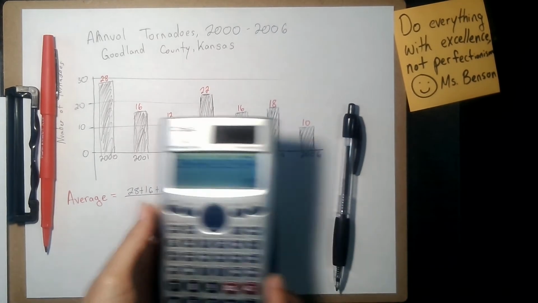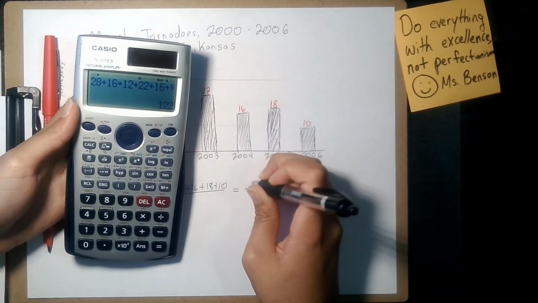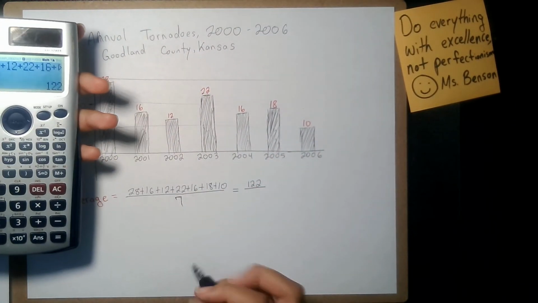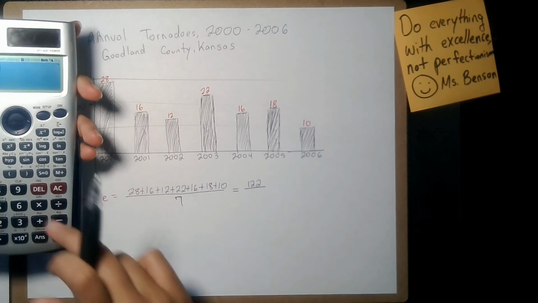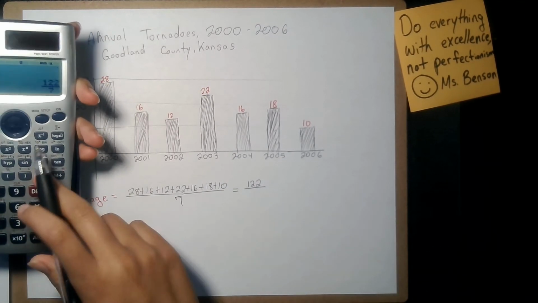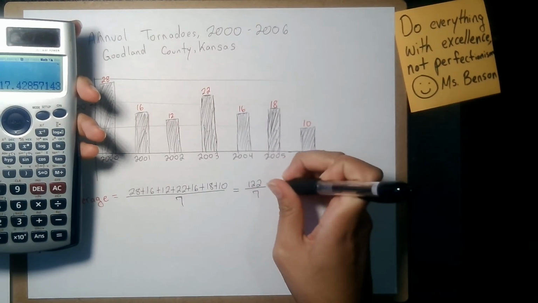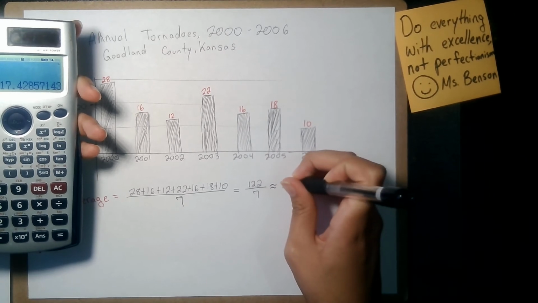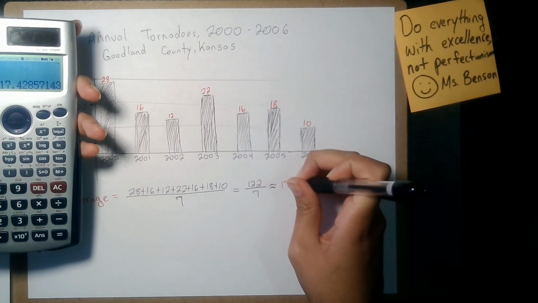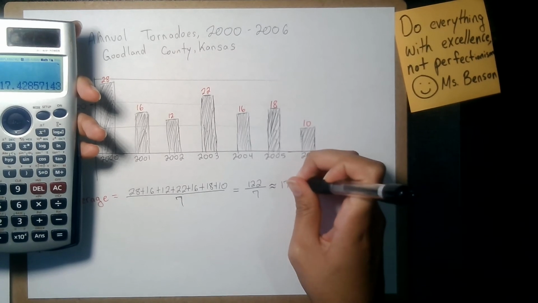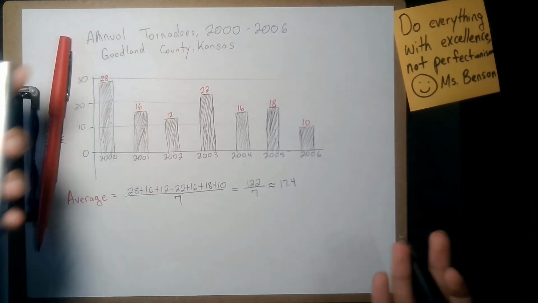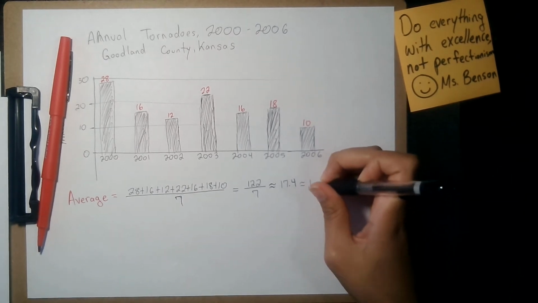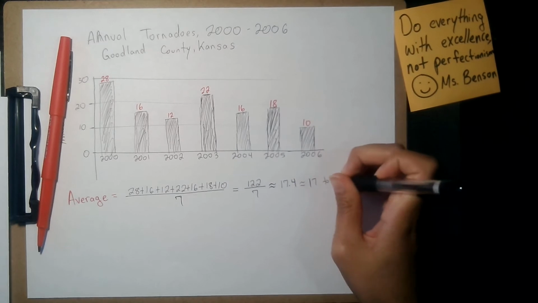I get 122. Now I must remember to divide by 7. And I end up with around, más o menos, 17.4. Let me round it to the nearest whole number. It's around 17 tornadoes